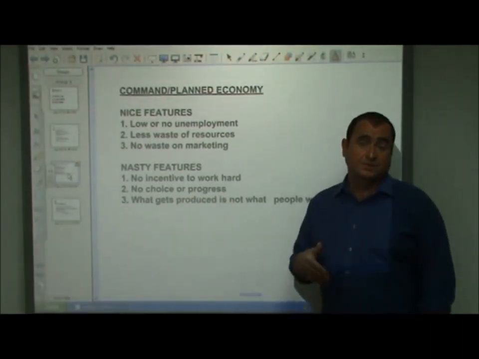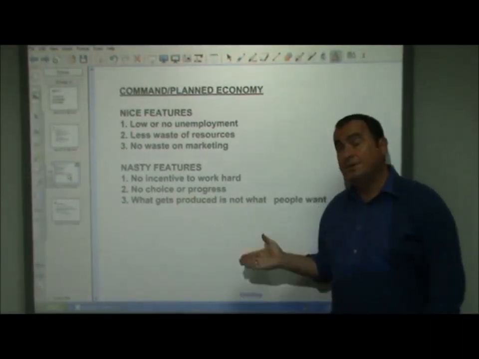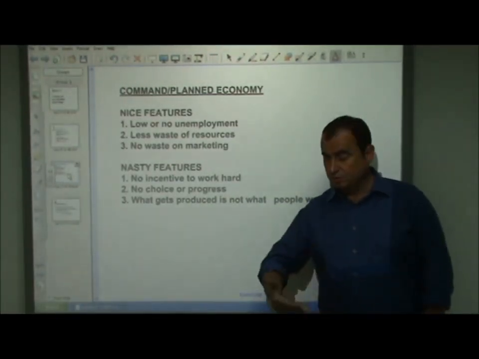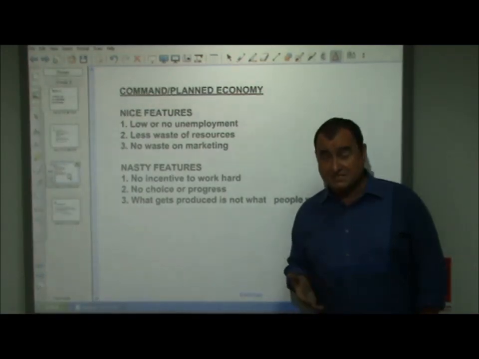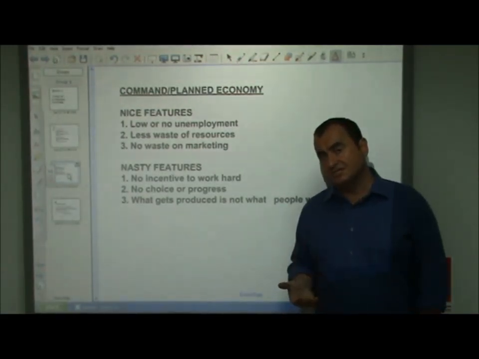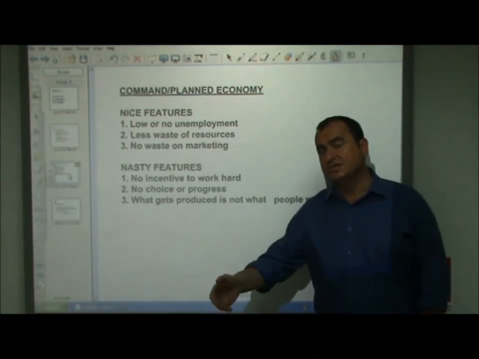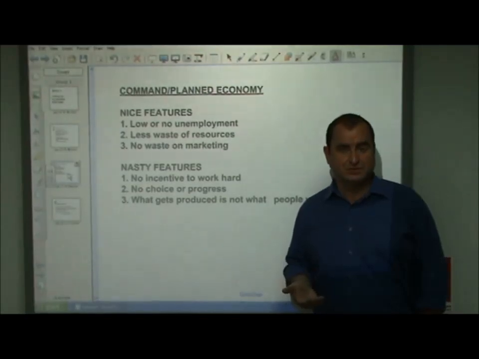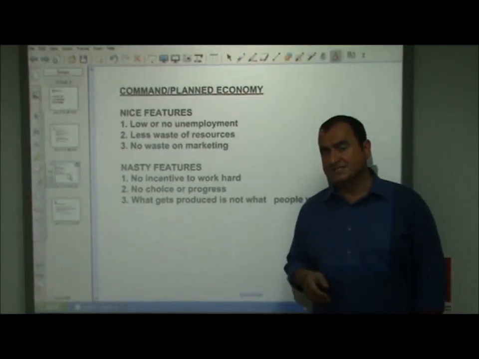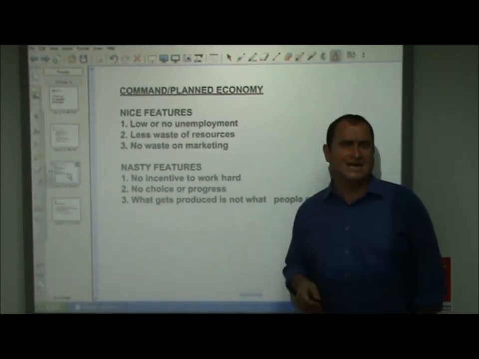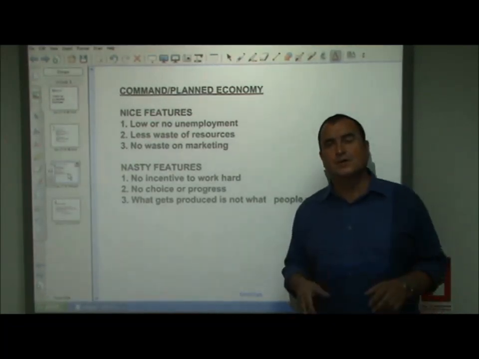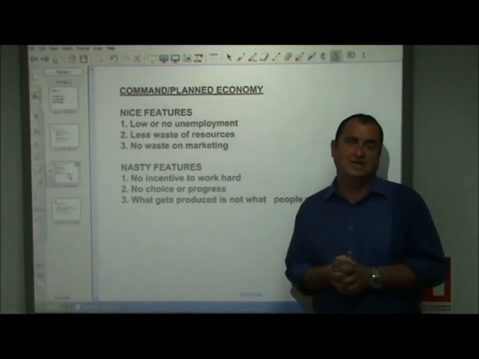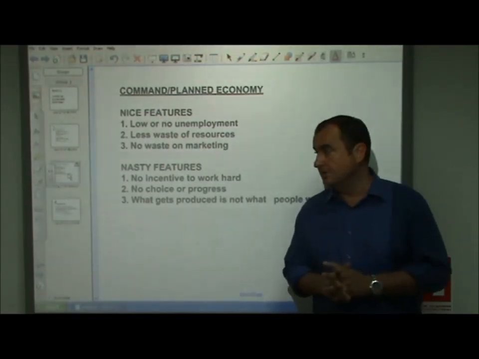And finally, perhaps what the state decides should be made is not what people want. What gets produced is not what people want. It's the government deciding what will be produced and in what quantities, but inevitably there are both shortages, as the government does not allocate enough resources into a particular product, and there are gluts, or there's overproduction of some goods as well, as the government over-allocates resources. How can the government planning committee know precisely what quantities of every single good to produce? Inevitably, they get those quantities wrong.